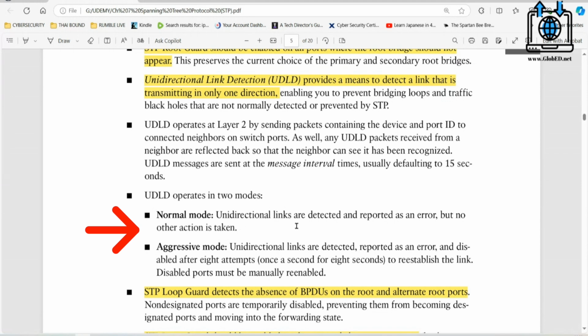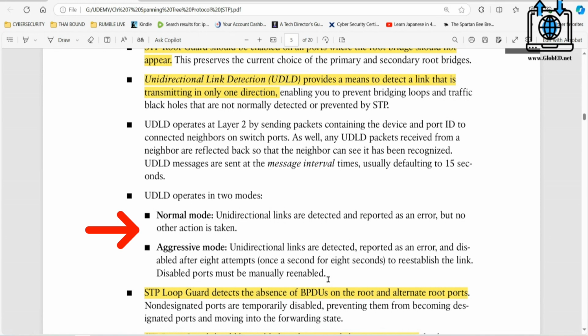In normal mode, unidirectional links are detected and reported as an error, but no action is taken. With aggressive mode, it's reported as an error, and the port is disabled after 8 attempts, once a second for 8 seconds, to reestablish the link. Disabled ports must be manually re-enabled.